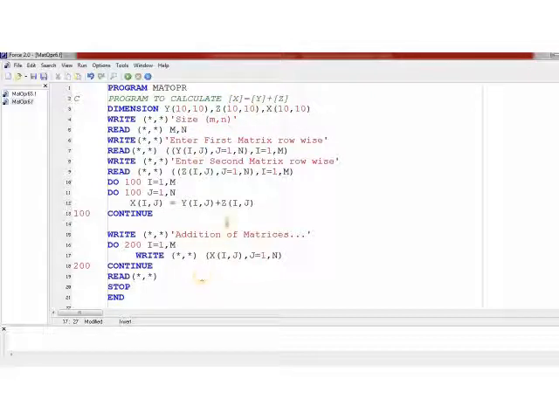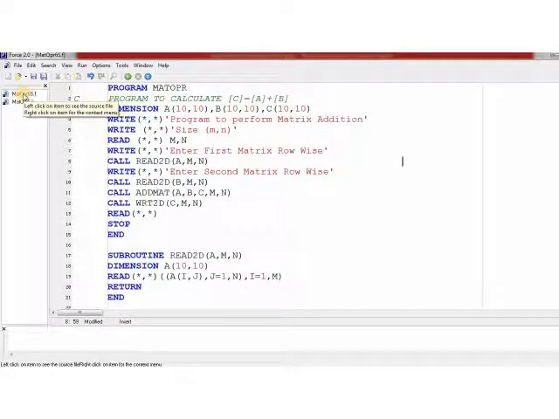Now if the same operation is to be done using subprograms, let us find out what the change is. So we will come back to this program. x equal to y plus z. Now you should remember we have to change the dimension statement because the names of subscript variables have changed. Sorry, this would be y, this would be z, this would be matrix x.